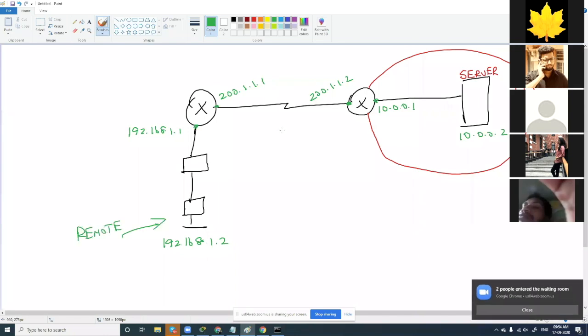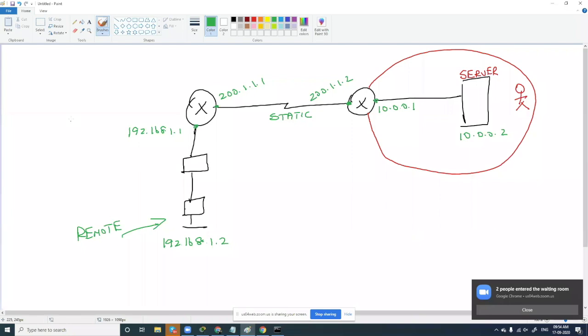And we have to do static routing here. Please don't ask me what is static routing, how to configure this. We have crossed that. So configure static routing, fine. So after configuring in packet tracer, fine. Second, you have to verify. What do you have to verify? You have to verify whether your connection is right or wrong. So from this computer here, this is step number 2. From this computer here, open up command prompt and try to ping 10.0.0.2.